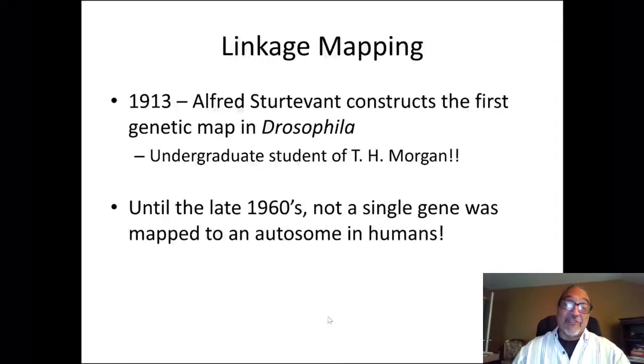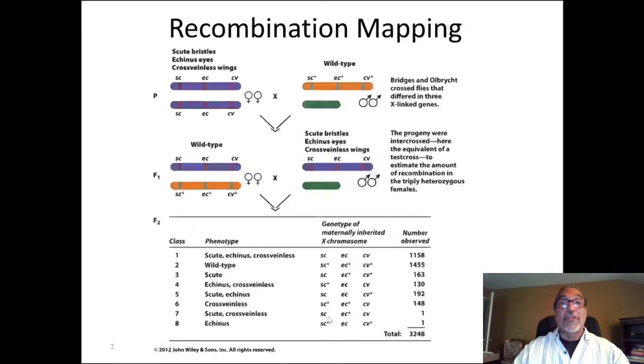I think it's critical, or at least interesting, and maybe should motivate you a little bit, that Sturtevant was an undergraduate of Hunt Morgan, and he was the one who actually started off this concept of the mathematical background to identify linkage amongst genes. Now remember, it wasn't until the 60s that we actually had a single gene mapped to an autosome in humans, okay? Now just a little reprise, because I think it'd be interesting for you to see what Sturtevant